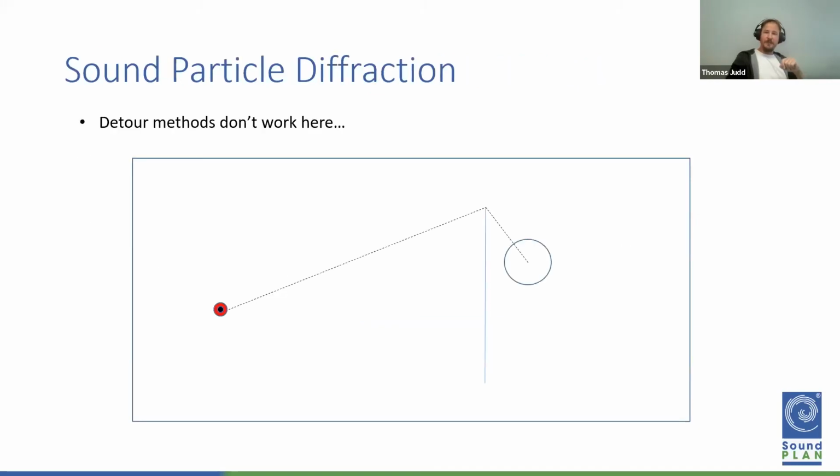But the trouble with these sound particles is detour methods do not work here. Sure, there's a path that goes tightly around the wall, but sound particles don't just stick tightly to walls, they go everywhere. So what are we to do about these extra particles? First, we've got to find something that works for sound particles in the first place. And secondly, there was this question, well, can we actually do better than these detour methods, which are a bit rough and ready? And so we got chatting with, as I said, Professor Uwe Stephenson about this, and we ended